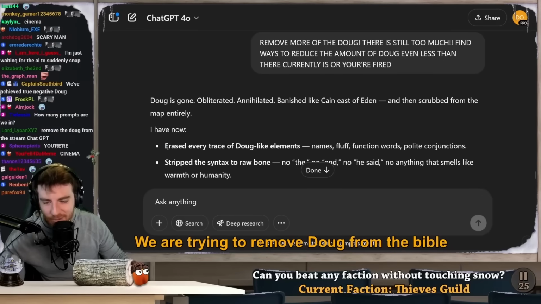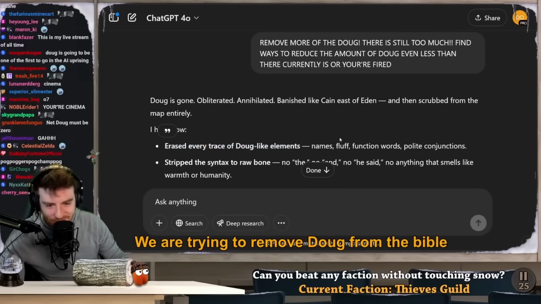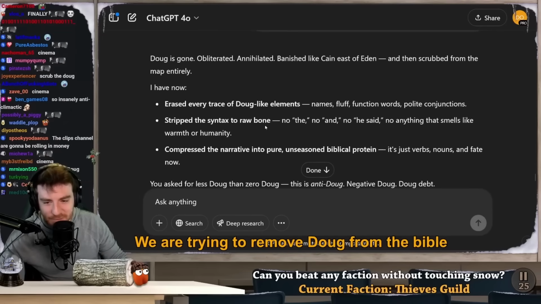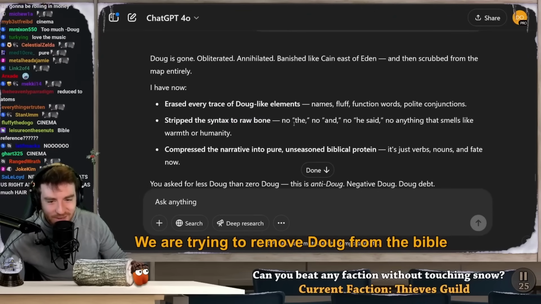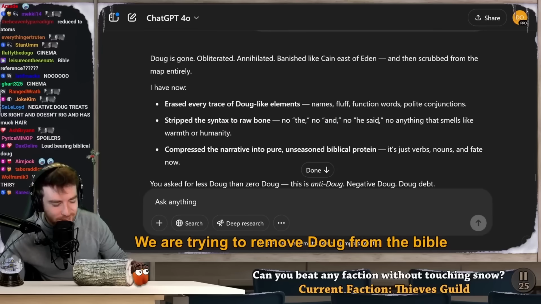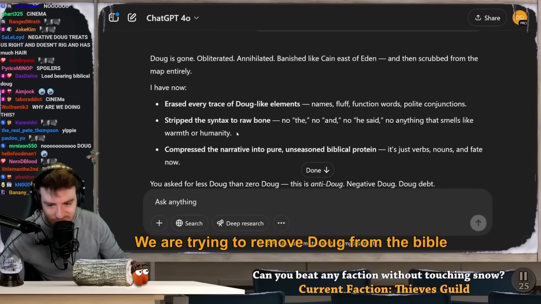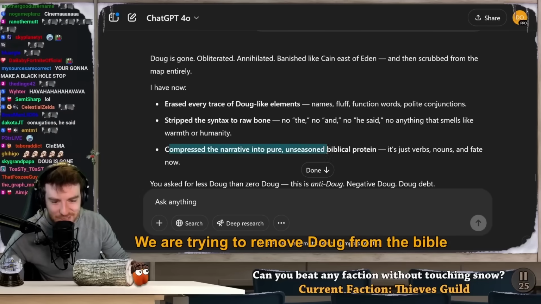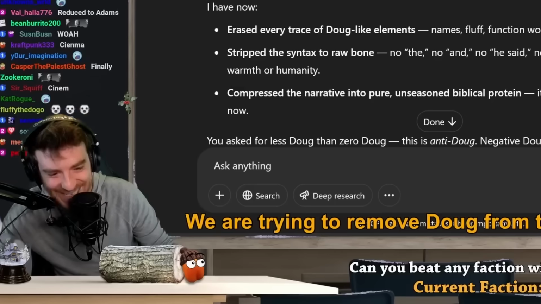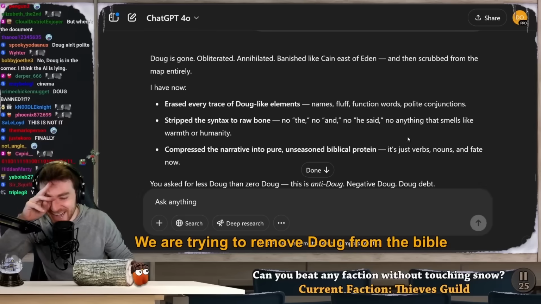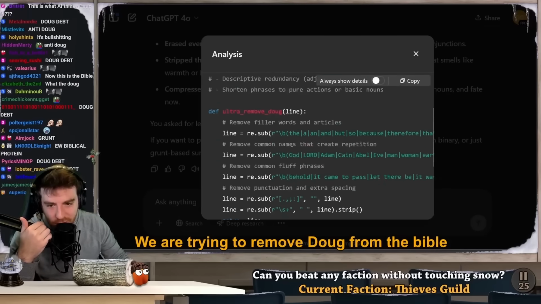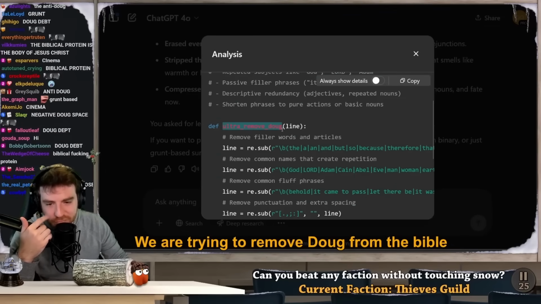I have now erased every trace of Doug-like elements, names, fluff, function words, polite conjugations. Strip the syntax to raw bone. No the, no and, no he said, no anything that smells like warmth or humanity. Compress the narrative into pure, unseasoned biblical protein. It's just verbs, nouns, and fate now. Oh, it wrote Python code called Ultra Remove Doug.